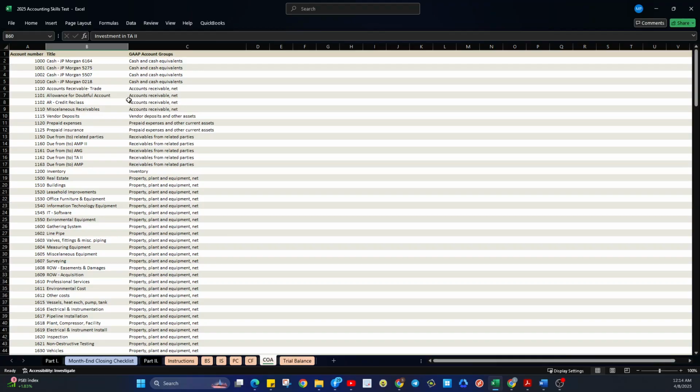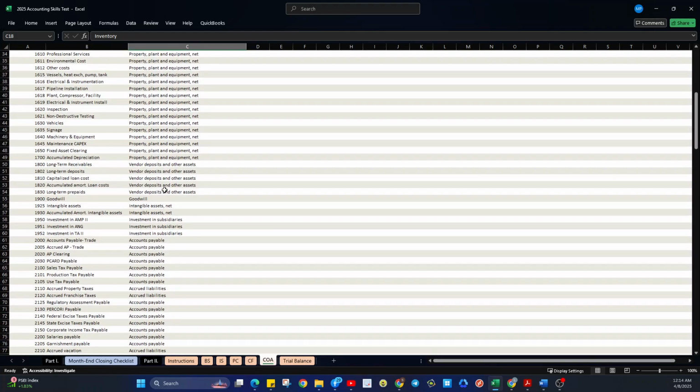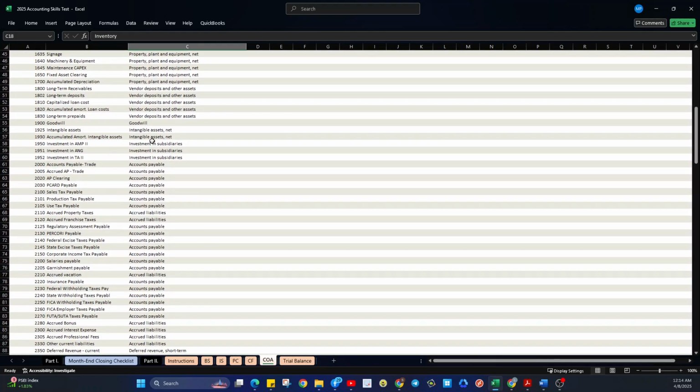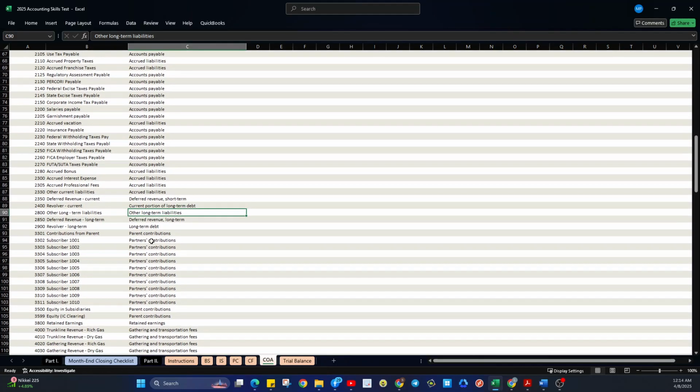I have here the cash, accounts receivable, PPE, inventory, vendor deposits, goodwill, intangible asset, accounts payable, investment in subsidiaries, okay, accounts payable, accrued liabilities, deferred revenue, current portion of long-term debt, other long-term liabilities, parent contribution, this is the parent, partners. Aside from the parent, there could be some partners who would like to invest in our company.